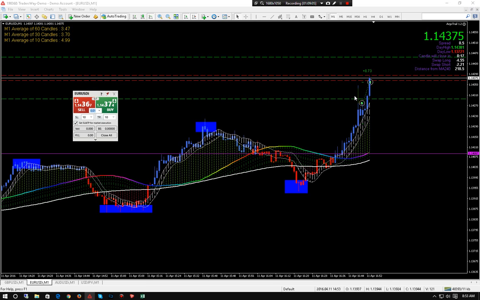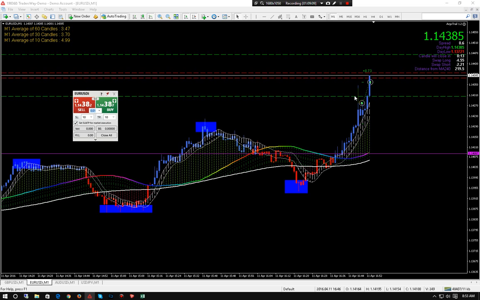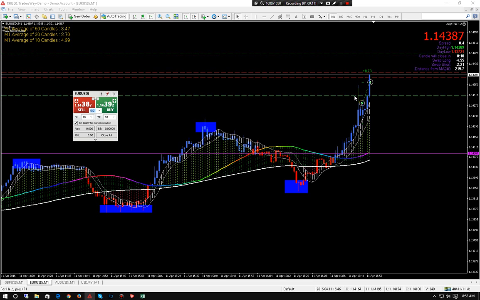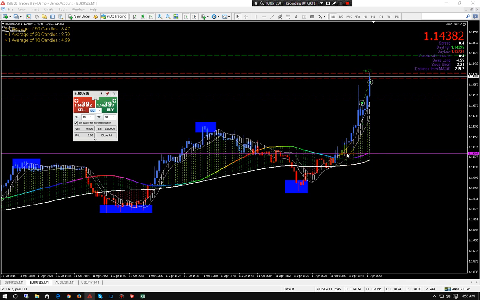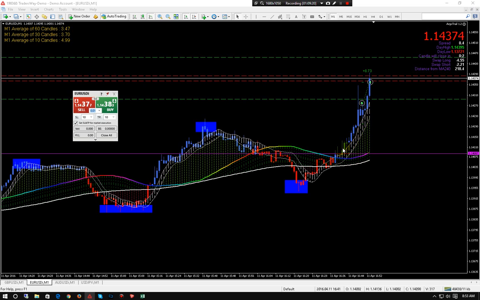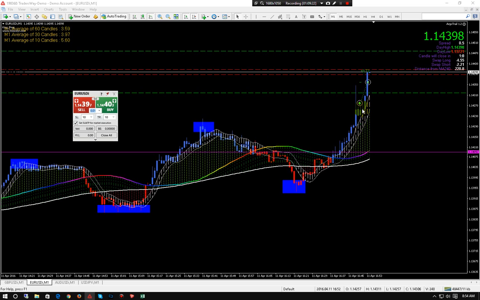Other than that, can anyone see anything wrong with the trade, good or bad? What were the good points, bad points? The only concern I had was our slow moving was a little bit thin. Our medium was okay. Our fast moving channel was good. Price was not dipping into the fast moving channel coming up to this trade.